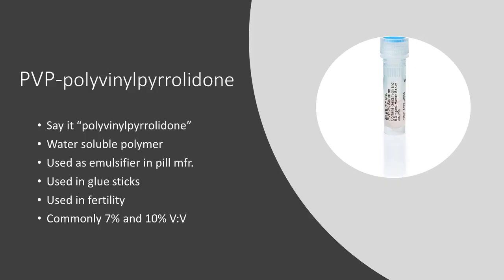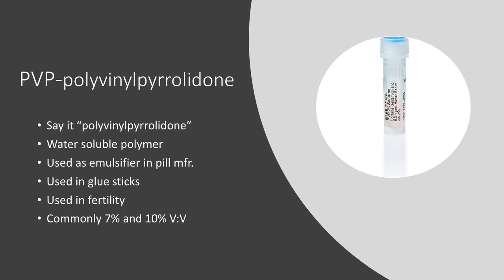Polyvinyl pyrrolidone. I have every student say this and tell me what it sounds like in my one-on-one training. One says poly, mini, and vinyl plastic. It becomes apparent that this is not a naturally occurring compound found in the reproductive system. That being said, a good Google search indicates that PVP is water soluble and is also used as an emulsifier